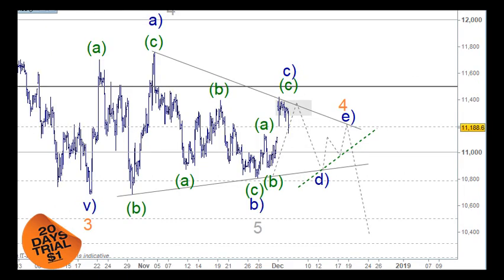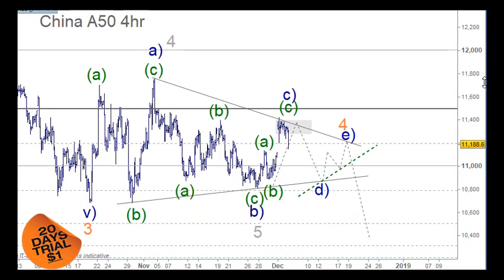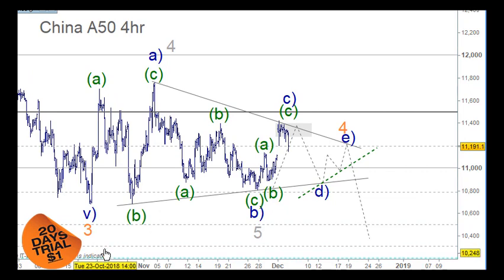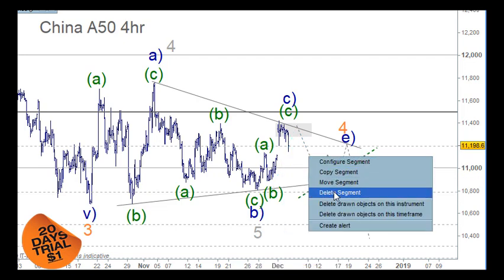So for China, we've been working just on the 4-hour chart here, we've been working from wave 3 over here. It was possible to have wave 4 over here as an A and a B and a C here, but the rest of this is just working out in nice triangle patterns. So from wave 3 here, we've got an A, B, and C for the A wave, an A and a B and a C for the B wave here. And then we're looking for the C wave up in 3 waves, an A and a B and a C into the 50-60% retracement level area here. So we can see that it's being sold off here.